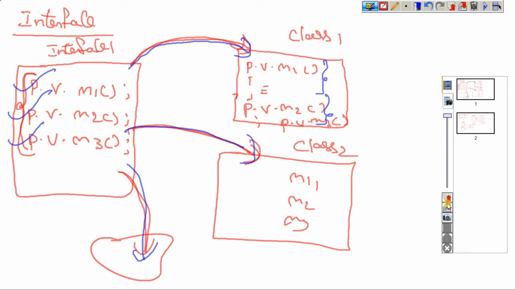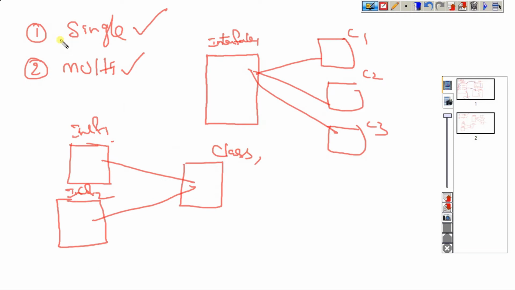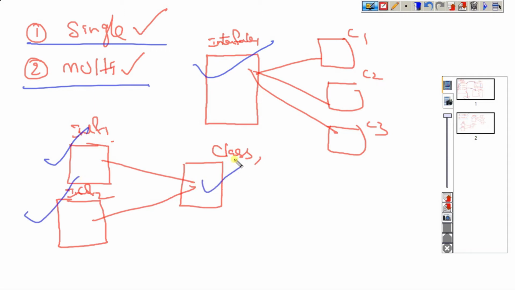This is called an interface. These interfaces are divided into two types: single interface and multi-interface. One interface implemented into multiple classes is called single interface. Two interfaces implemented in one class is called multi-interface. Okay, let's start the discussion about single interface.